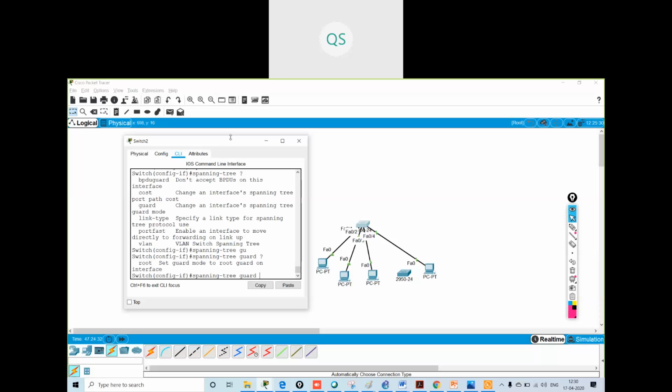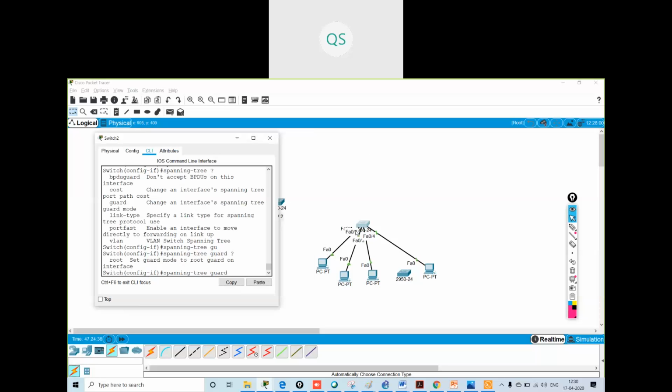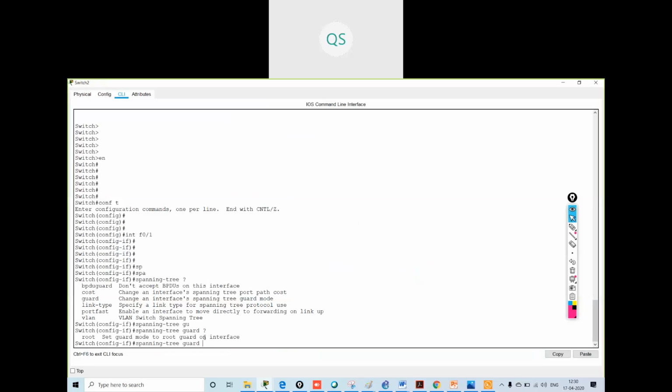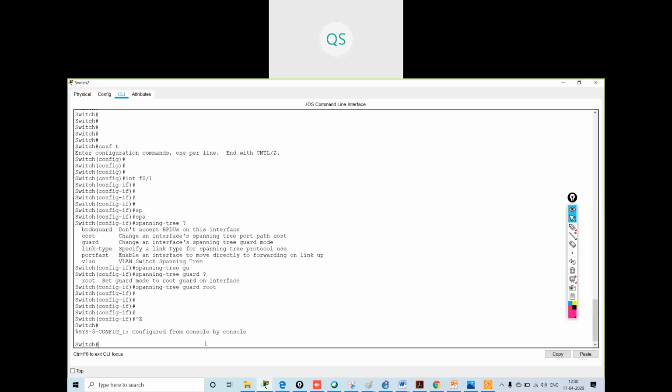Yeah, we have this in it. The command is spanning tree guard root, which sets guard mode to root guard. Okay, I've set it to root guard.